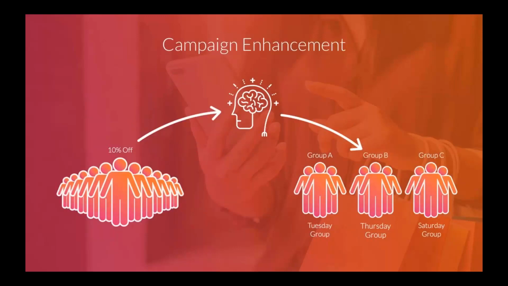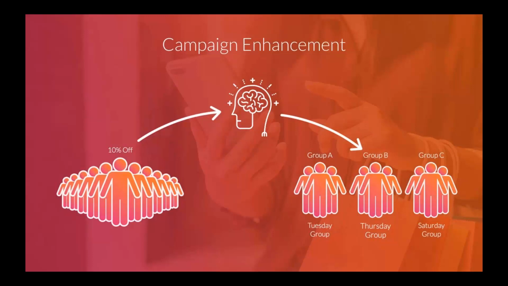Campaign enhancement is one of the greatest success stories in artificially intelligent retail-based marketing. Throughout your first year, a large part of your marketing strategy is to deliver marketing content and promotions to shoppers as a means of training your AI. Campaign enhancement is really where this effort pays off.